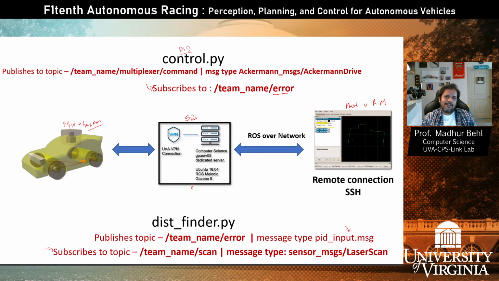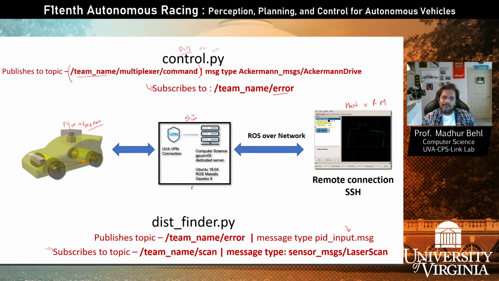It computes the steering angle and the velocity, and you pass them to the team name multiplexer command topic. This topic, which is unique to your car because it is suffixed by team name, is going to accept values of the steering angle and the velocity of your virtual car, and then your car will respond and move